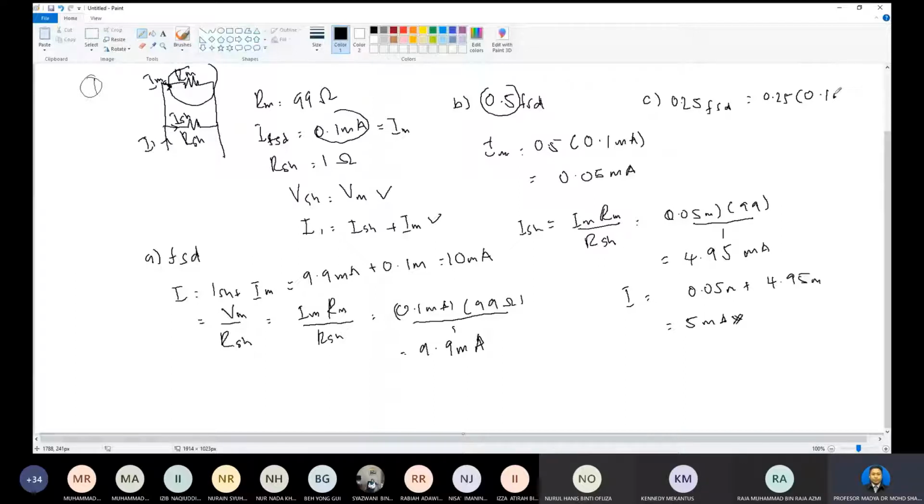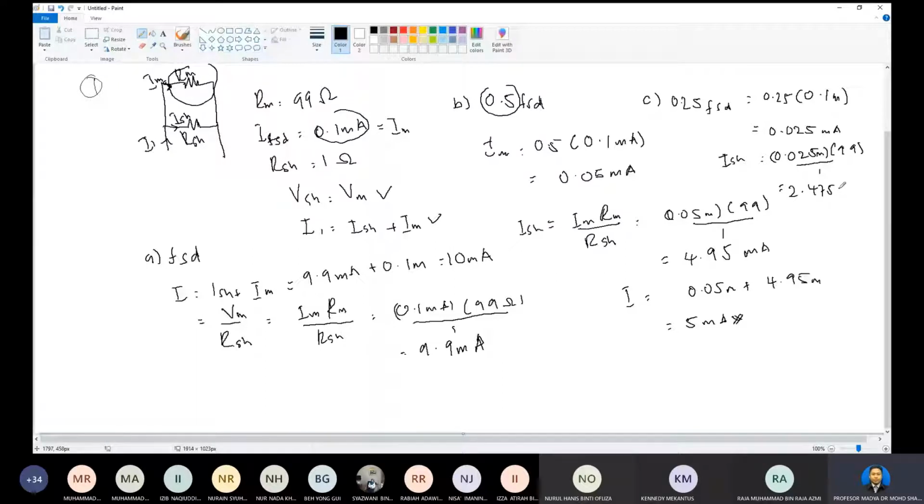Okay, so the current here will be 0.025 milliampere. Using the same formula, calculate the current I shunt. IM is 0.025 milliampere, multiplied by 99 divided by 1. So the answer for current I shunt